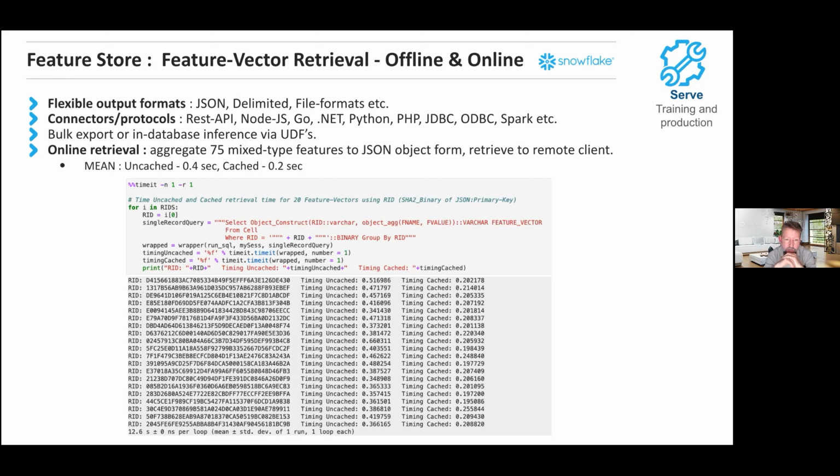And so we do see customers using Snowflake not just as the offline store, but quite often as the online store as well. We provide a number of different connectors and APIs to access that. Depending on what application programming language your app's built in, you're probably going to be able to get access to the data in Snowflake through one of these APIs. One of the most recent of those is the REST API, so you can directly run queries and connect through the REST API to do this kind of stuff as well.